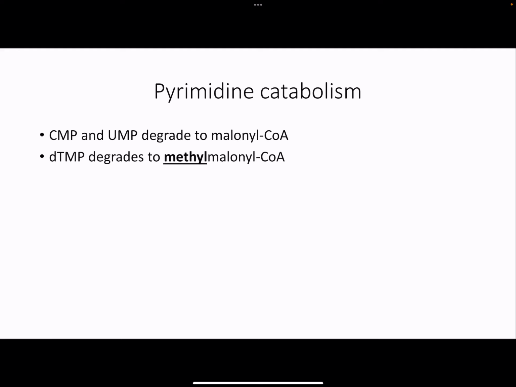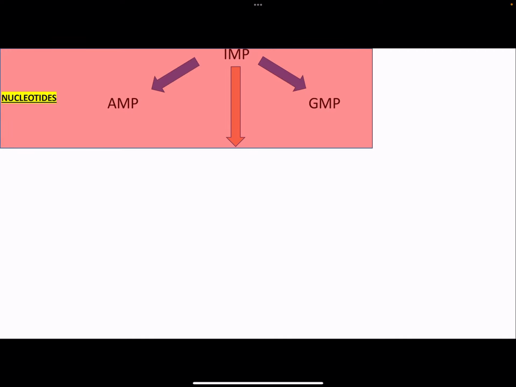Breaking things down. Pyrimidines are simple and boring, and probably not going to get that many questions. These break down to malonyl-CoA. This breaks down to methylmalonyl-CoA. This should make sense. What's the difference between a uracil and a thymine? A thymine has an extra methyl group. So this is 3 carbons, and this is 3 carbons plus this carbon over there. But this is low yield. Much higher yield is this. We did